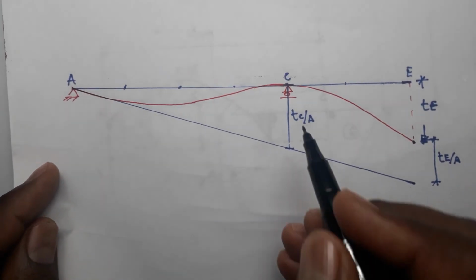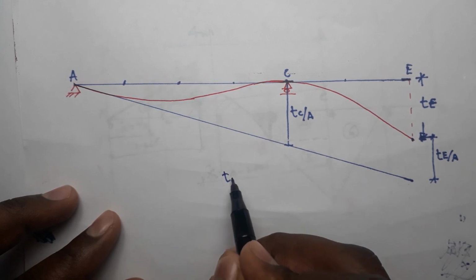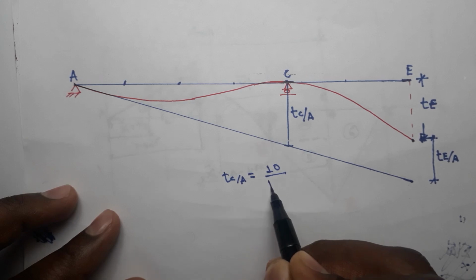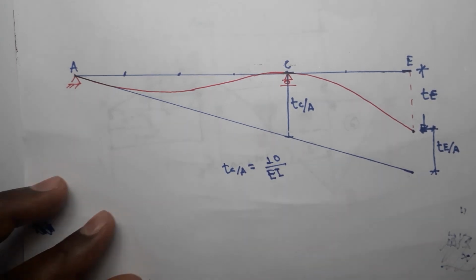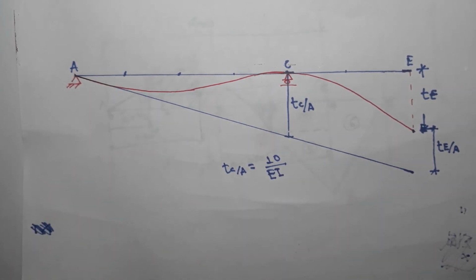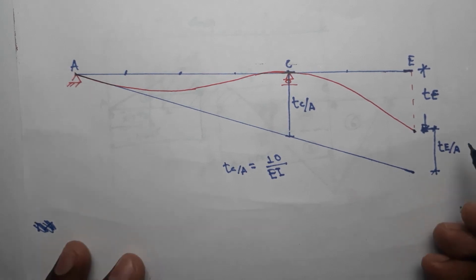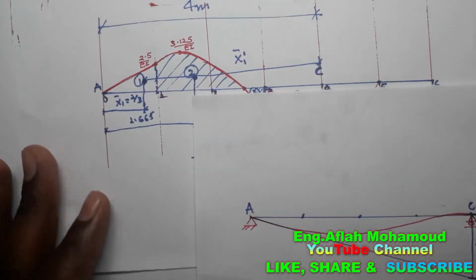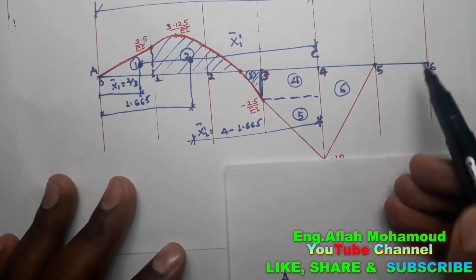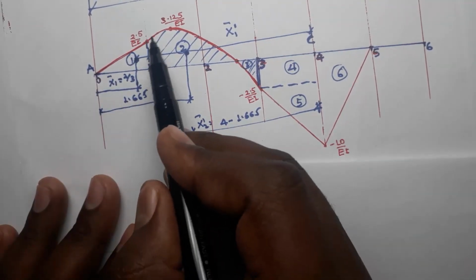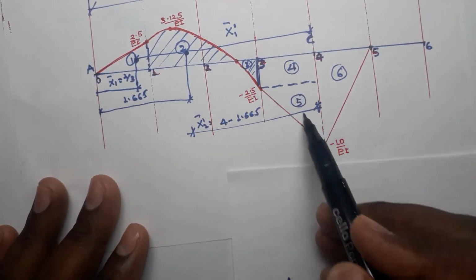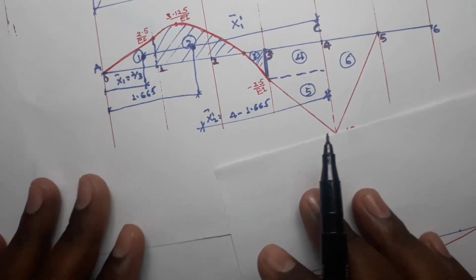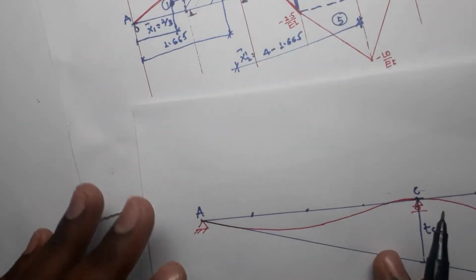So it is equal to TC with respect to A, which is found to be 10 over EI. In a similar fashion, we have to calculate TE with respect to A. It is the total area between A and E. So it is this plus this minus this minus. These are negative areas. So again, in a similar way, we will determine the x, the centroid